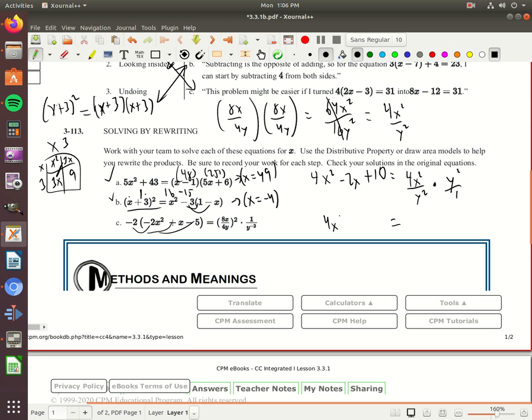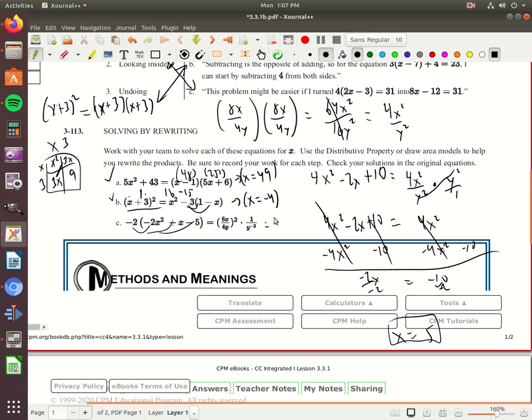So I'm at 4x squared minus 2x plus 10. I won't do anything to the left side, but to the right side, these are going to cancel. It's just going to equal 4x squared. So I will subtract 4x squared from both sides, and I will subtract 10 from both sides. These will eliminate. I will get negative 2x equals negative 10. I'll divide by negative 2, and how boring is that? X ends up equaling positive 5. So x equals 5 in this one,